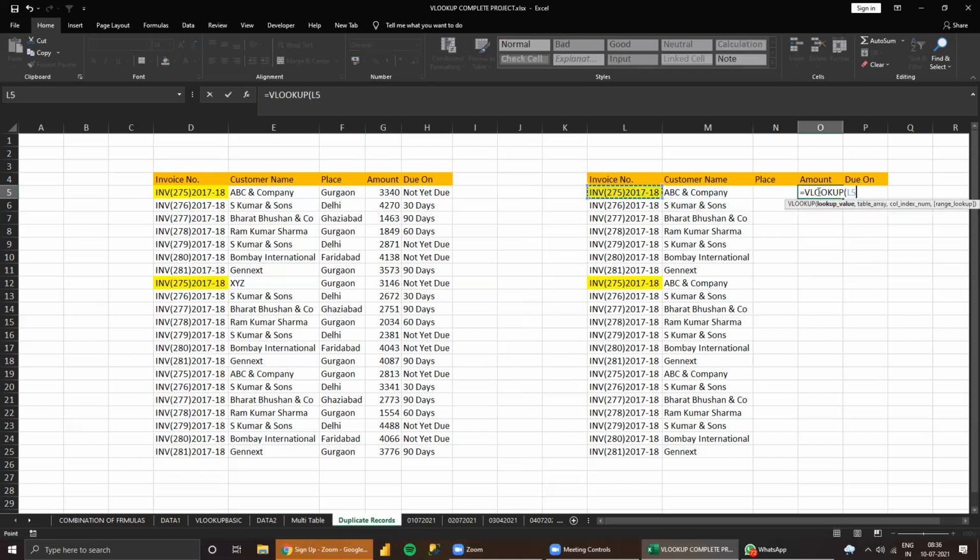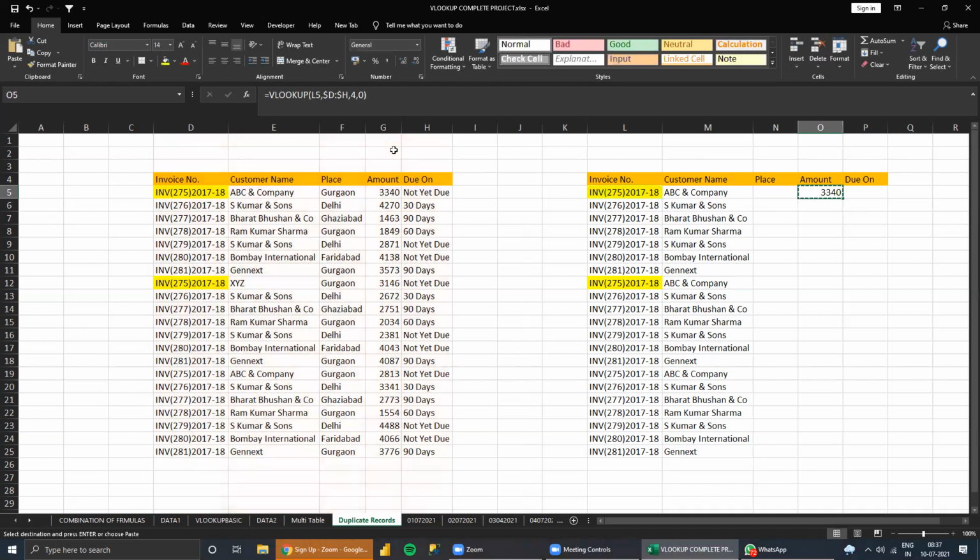So we look up here. I don't refer to anything, so you need to take care of that. See here, 3340, again 3340. This is the first value.